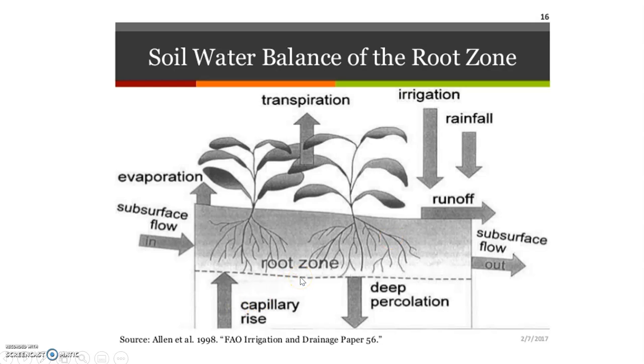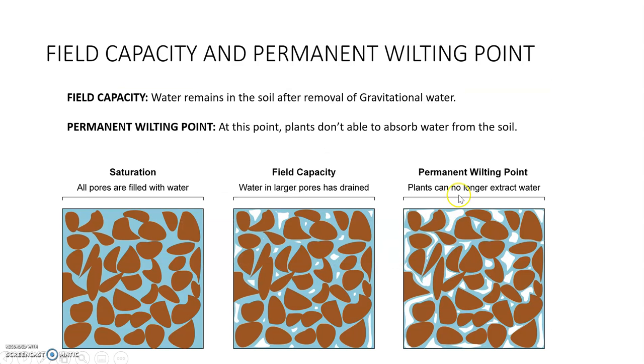So how do we control these factors? That's why we are going to talk about field capacity and permanent wilting point in the next slide. I hope you are aware of these terms. We have discussed them a lot in the previous sessions as well, but I would like to discuss them in this session too. Before that, let me change to the laser pointer.